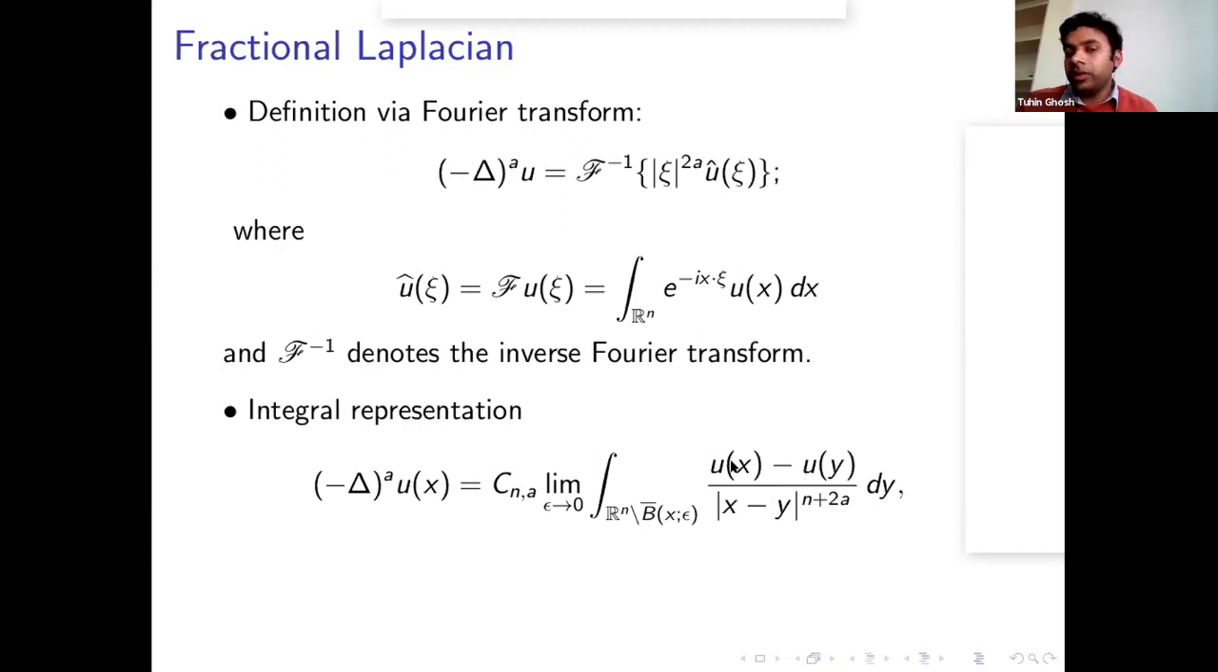So u(x) is fixed, that's understandable. But this u(y) is traveling around the whole Rn. So that's the way you get the sense of the non-locality: even to know the value at a single point, you need to know it everywhere, that's the whole Rn. And that's the thing I was telling you when I was introducing